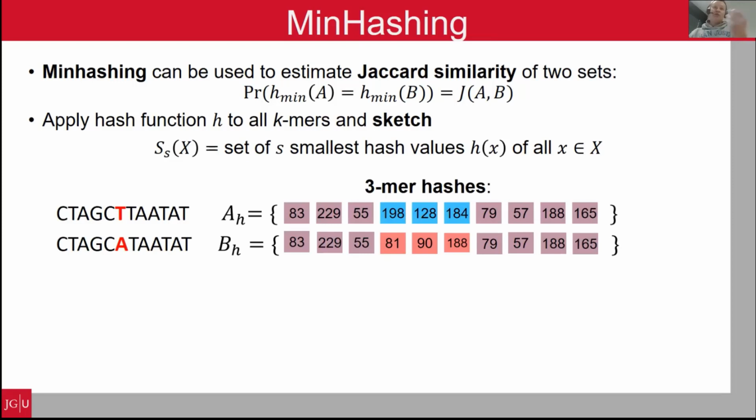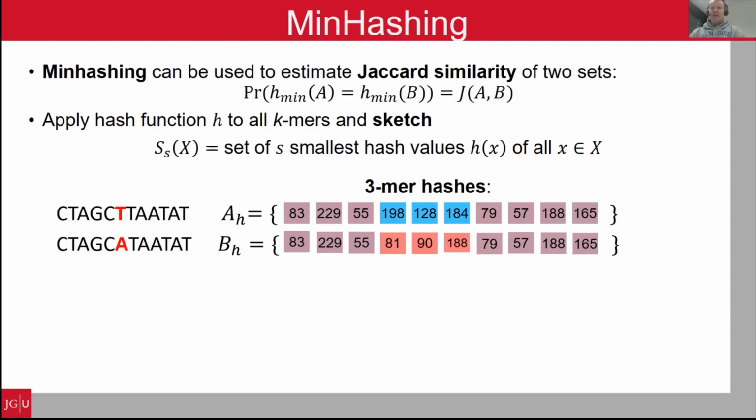Here's an example. I have two strings, and these strings are different at one position: this red T in the first string and the red A in the lower string. The other letters are the same. Here k equals 3, so we extract all 3-mers, apply this hash function and create an integer value. You can see from the integer values that since most of the k-mers are identical, these 3-mers are also identical, except for these 3 k-mers here that overlap with the character that is different. These then produce